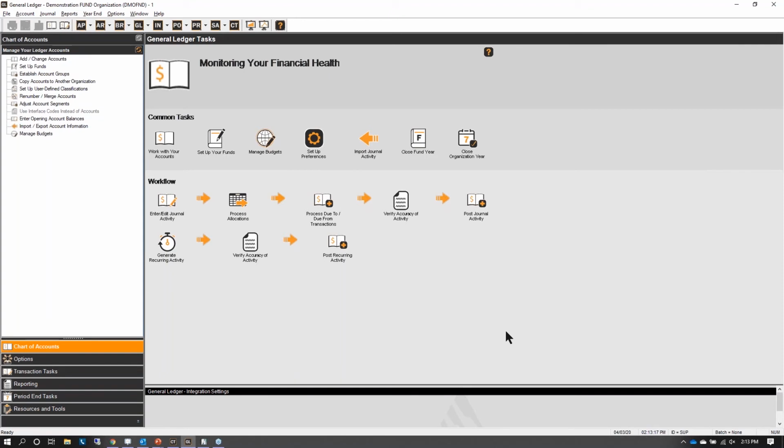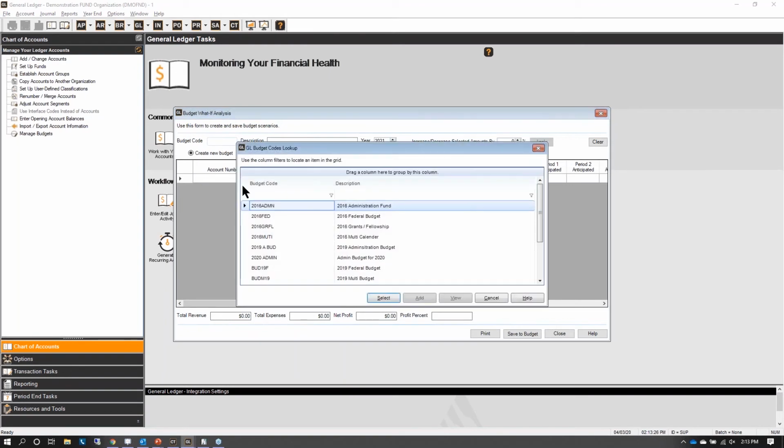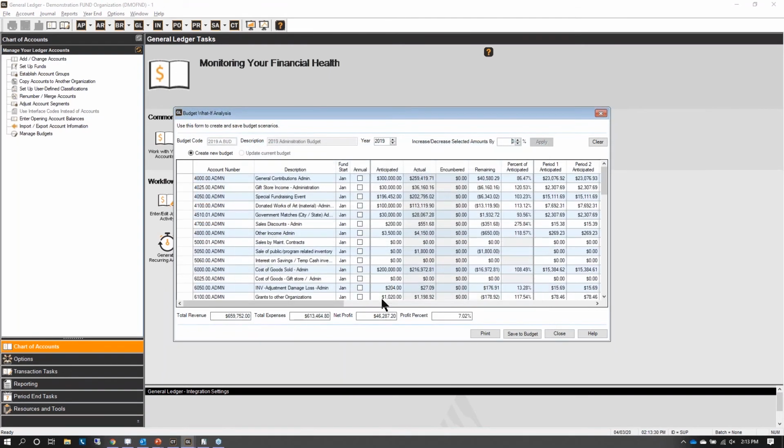And I'm going to use this new tool to help tweak my budget. So you can bring up an existing budget or a new budget that you're working on. So if I bring up an existing one, since I have one from last year, I'll bring that one up. Then this tool allows me